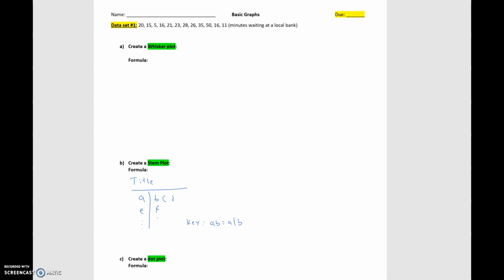Hi class, in this video we're going to go over stem plots, or stem and leaf plots. And here's the basic idea on a stem and leaf plot. So this is technically the formula. And the actual idea is that you're organizing the data set in some sort of digit organization that makes sense